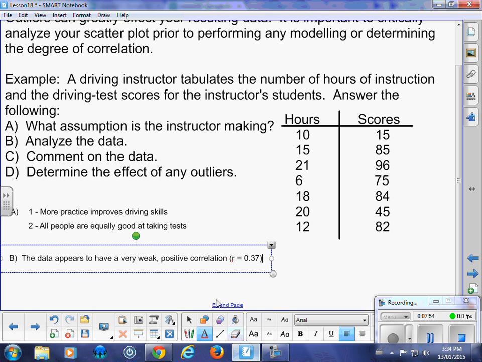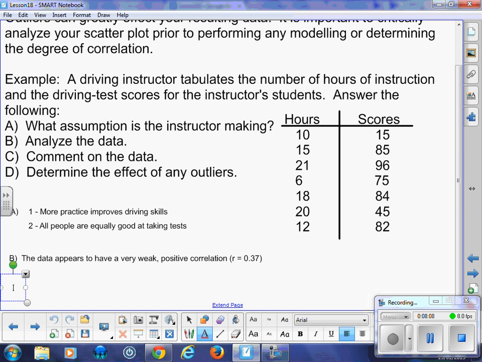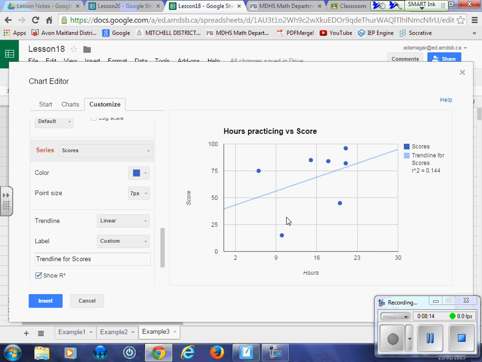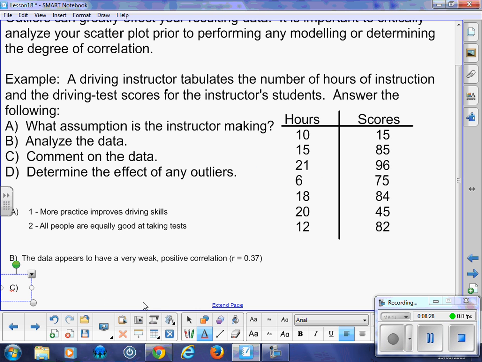So when I'm looking at the analysis on this, analyzing the data, that's what it is right there. It's talking about the correlation and how strong it is. Okay. Now, if I was to comment on the data, so see it says comment on the data, what I noticed when I graphed it is that these 2 points seem to really stick out, 1015 and 2045. These guys all seem to be kind of clustered together. So I start to ask myself, are these what we would call outliers? Okay. So in my commentary here, I'm going to say there appears to be 2 outliers